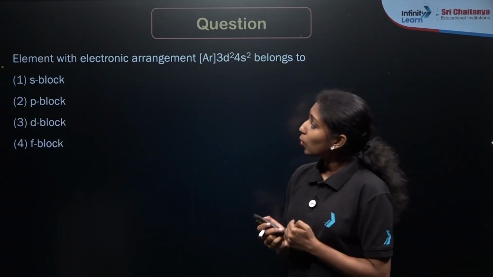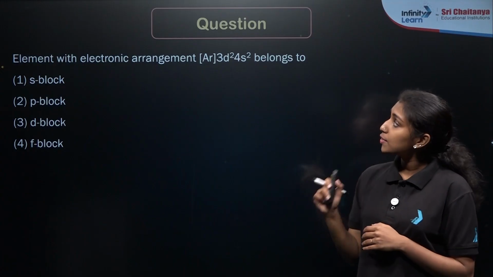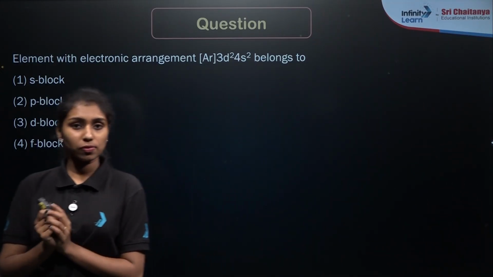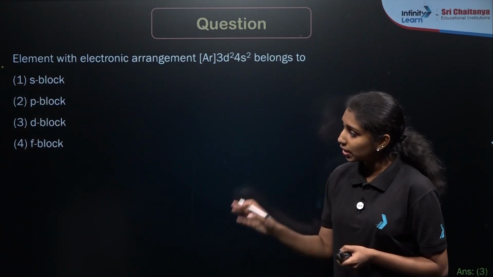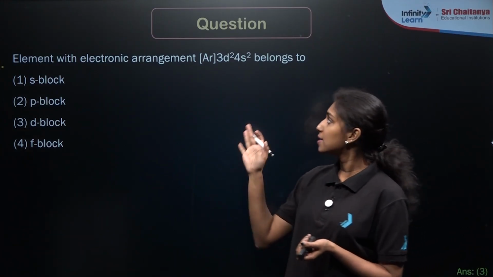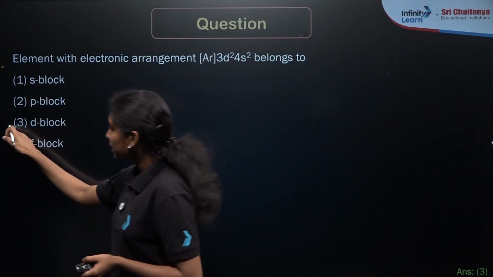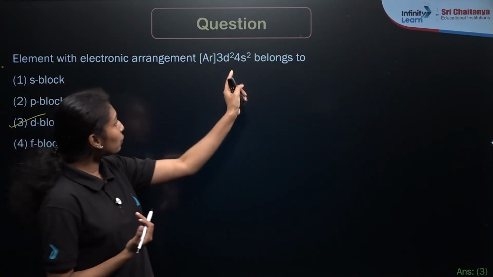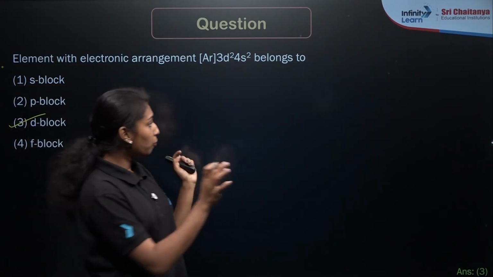The element with electronic arrangement argon 3d2 4s2 belongs to which block? So option 3 is our correct answer. I know that many of you are giving me the answer as option 1, right? But the correct answer is d block here only, because in the case of these elements, if you are writing the electronic configuration like that also, according to the Aufbau principle,